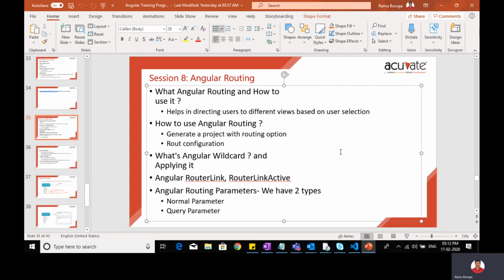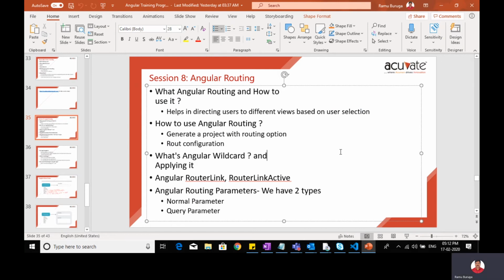We build that for every normal application. Basically, we route from the home page, from the mega menu, navigating from one screen to other screens. So here routing is also the same thing. We can route from one component to another component.